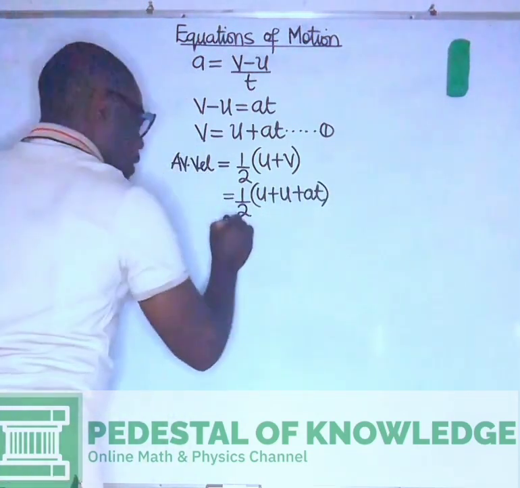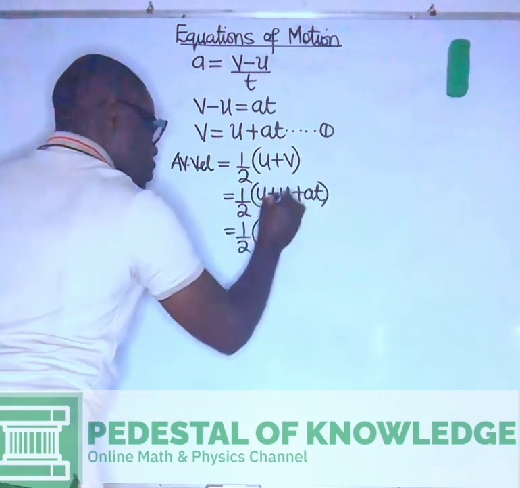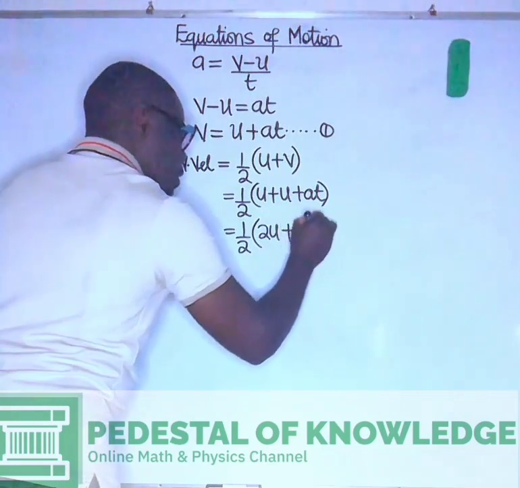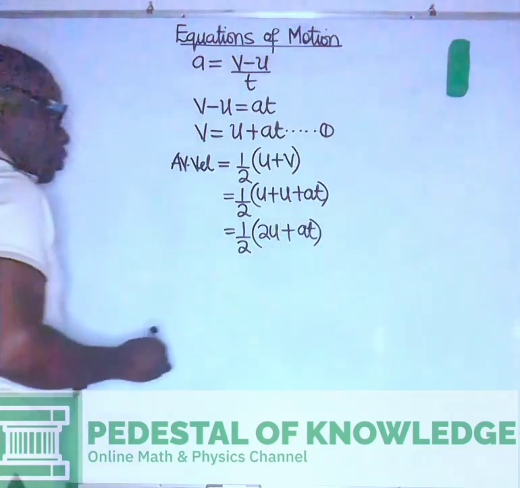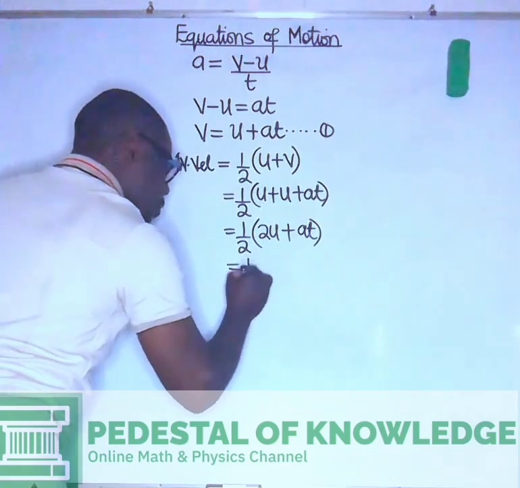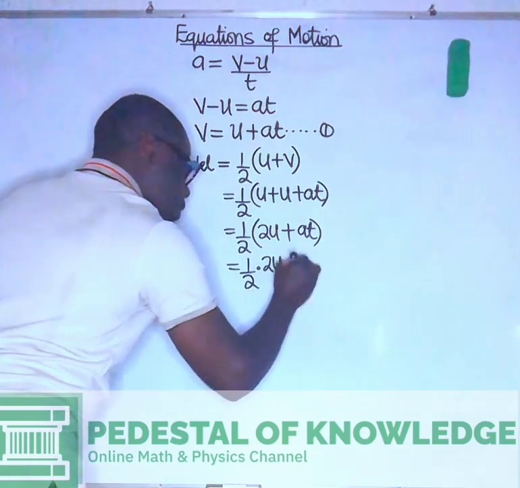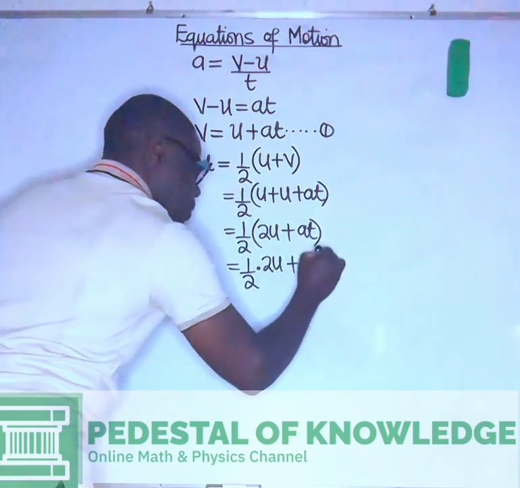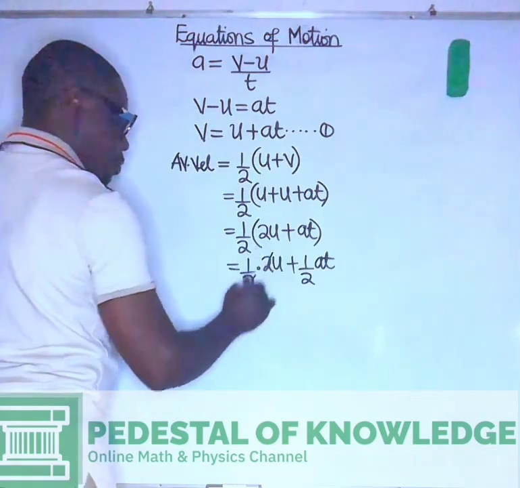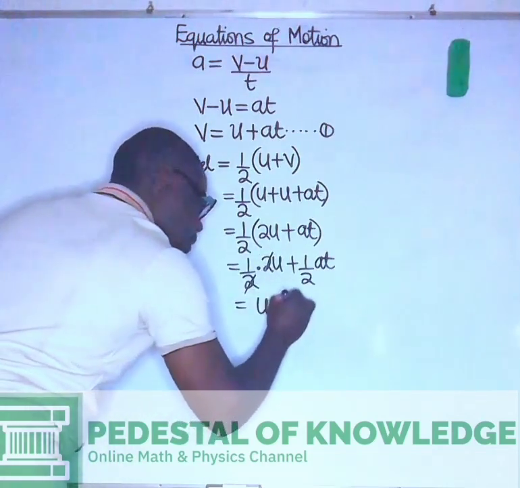Okay, now this is equal to half into u plus u is 2u plus at. So when we multiply through, we're going to have half multiplied by 2u plus half multiplied by at. Now these two, we cancel these two. We are now left with u plus half